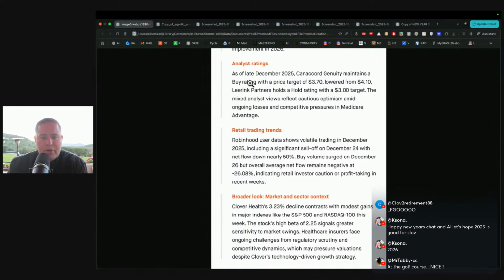Really quickly, B-Rad Cooley posted this, and I thought this was pretty cool. This is from Robinhood, and it gives you the analyst ratings, so we know where they stand. The way analysts do their price target, it's input and output. Whenever the company reports better than expected earnings, the inputs are going to be better and favorable, and then the output, which is the stock price, is going to do well.